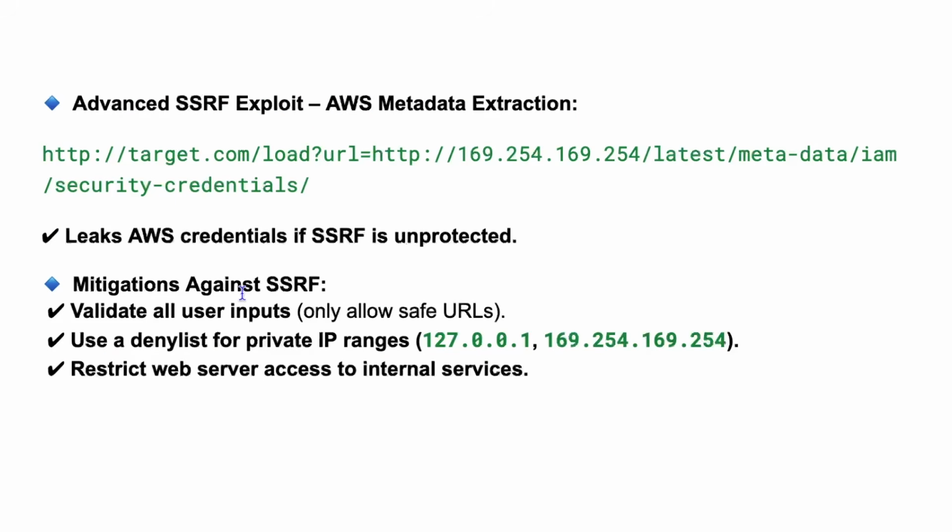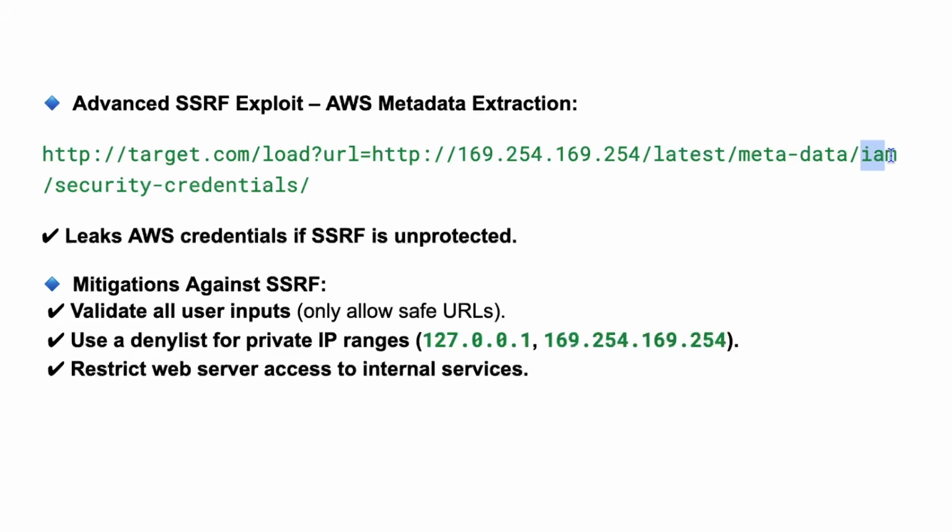Now, this is a more advanced SSRF exploit. So this query that you see right here, again, same thing. It starts with the target.com load the URL portion. But instead of pulling something from my local machine, in this particular case, we're going to this IP address. Now, this is actually an IP address that is shared by a lot of cloud service providers. So in this case, it's AWS, right? It's shared by AWS. And then we're going to this specific path where we're going to pull the metadata,